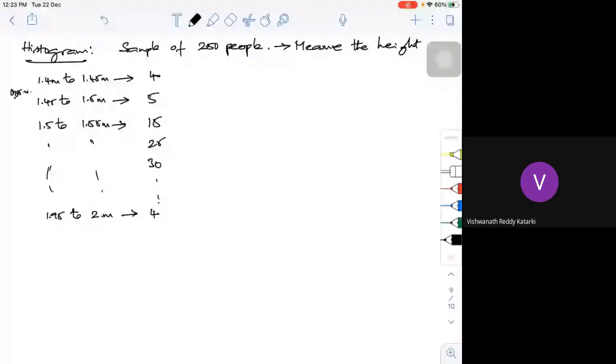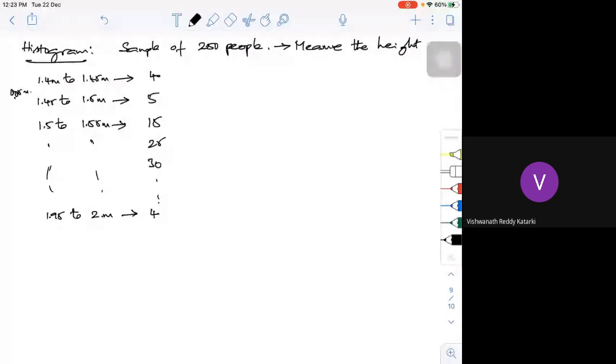Yesterday I gave one more example, like 90 to 85, 85 to 80, 80 to 75: how many people are scoring?